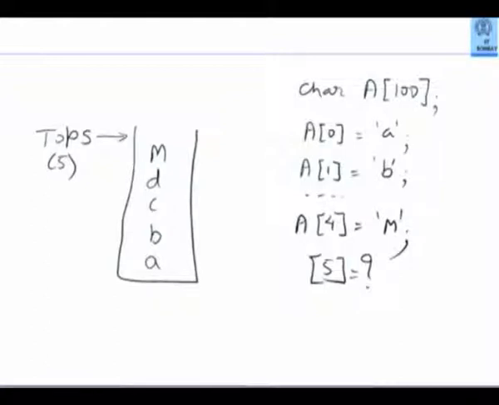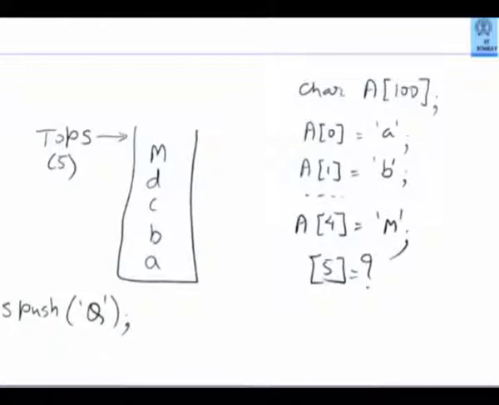If I want to insert characters in this stack, what will I do? I will keep doing push operations. Push onto stack, push onto stack. What will I push? Some character. So what kind of function will I have to write if the name of that function is push? In my main program, somewhere, I will be saying push, let us say Q. Please note that in my main program when I say push Q, of course this will be on some object called stack.